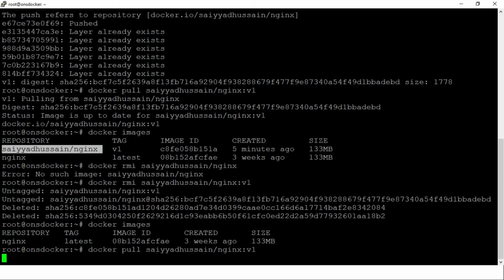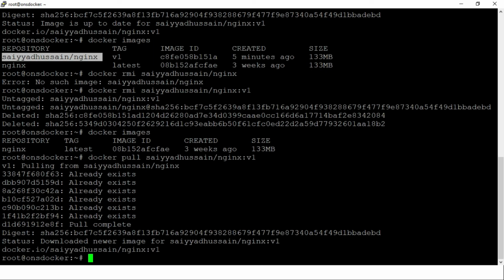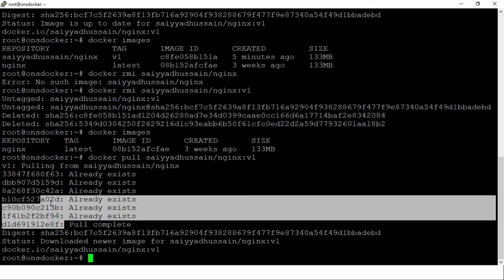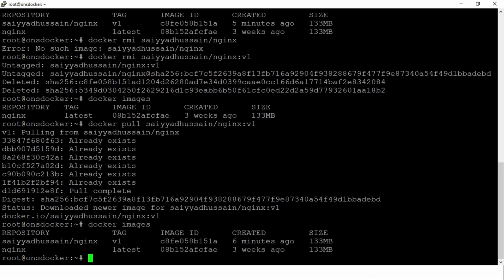It starts pulling that image to my local system. You can see it is already there from the cache, so it shows that it already exists. With docker images, you will see there are two images: one is nginx, and the second is Syed Hussain slash nginx.